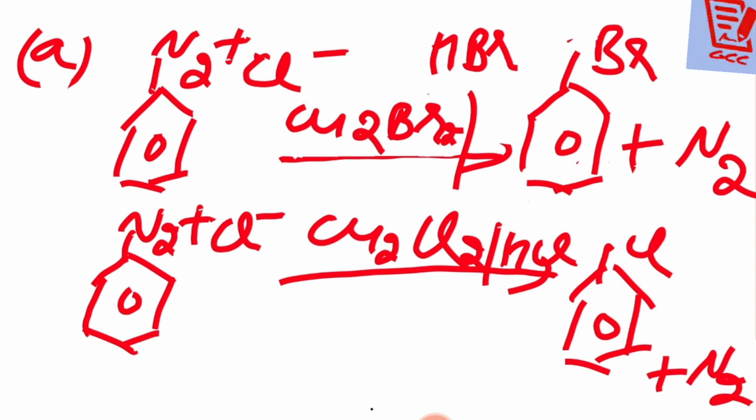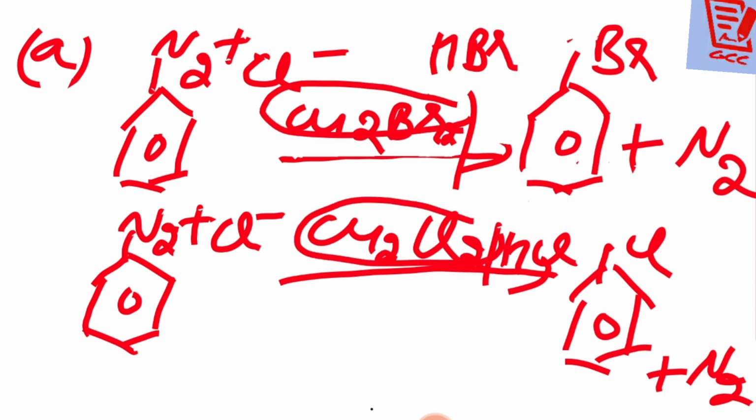Okay, so mainly I will tell you, what we are using over the arrow, Cu2Br2 or Cu2Cl2, according to that only our product is going to be formed. Clear, students? Same way, we can make one more reaction. We can also prepare the iodoalkanes. Okay, but iodoarene is a little bit different. It's not like what we have done there.